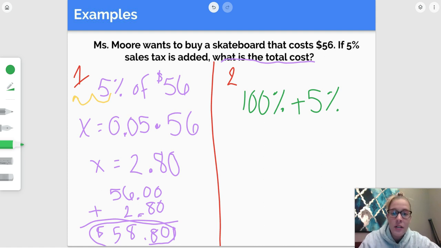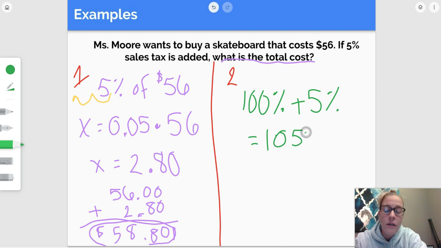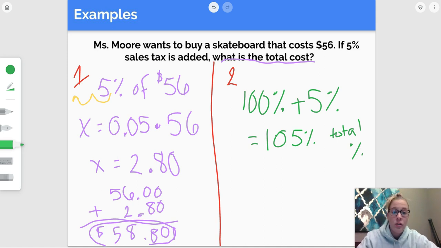So sales tax is added onto the total cost. It's an additional price we pay, and you'll learn that different states have different sales tax amounts, and it varies. So 100% plus the 5% means that the total percent we're going to pay is 105% of that price. That is our total percent. 105% of the price. So to figure out the cost of my item with sales tax, the total cost, I can take the 105% as a decimal,